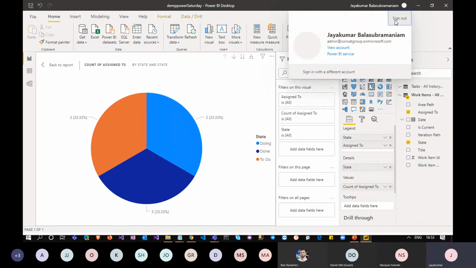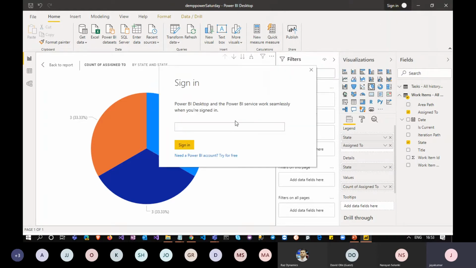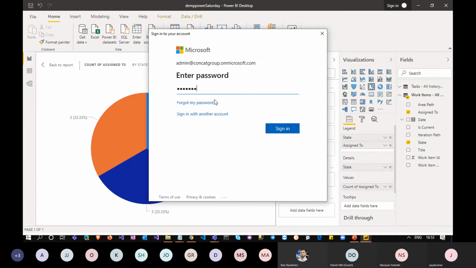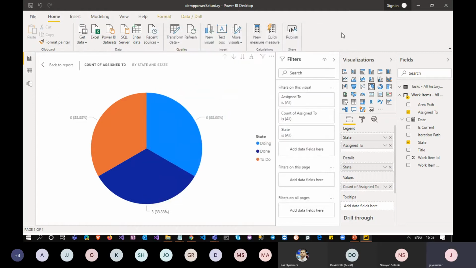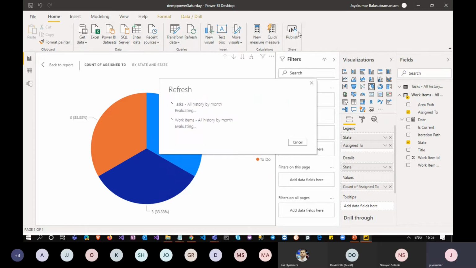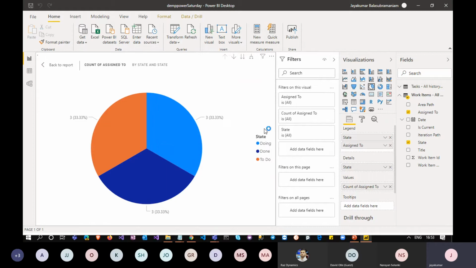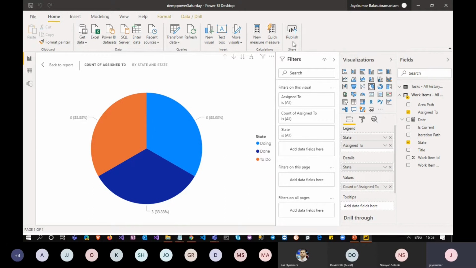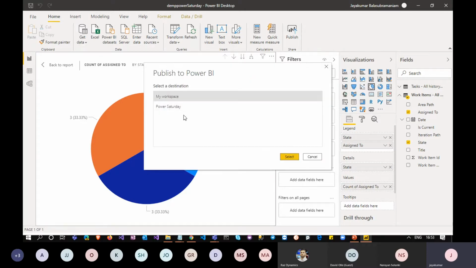One second. Now it is fetching the details of workspaces from my Power BI workspace.